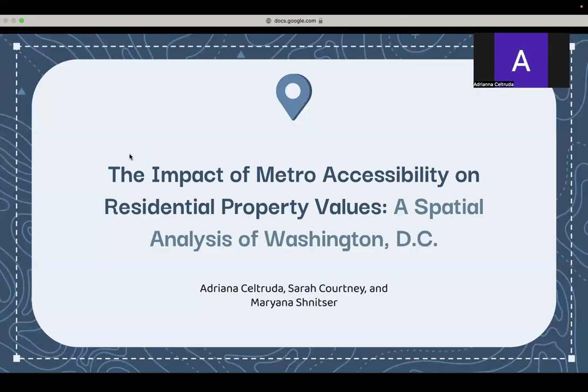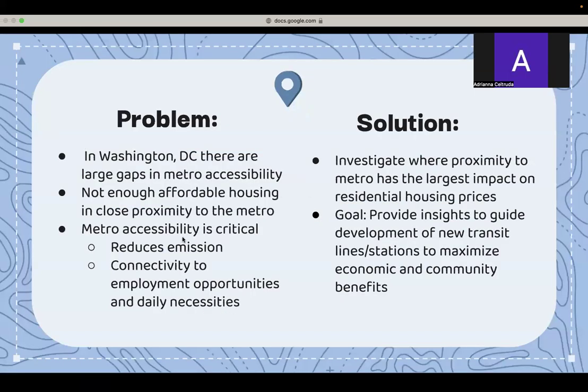We did our project on the impact of metro accessibility on residential property values, a spatial analysis of Washington, D.C. The problem that we were investigating is that in Washington, D.C., there are large gaps in metro accessibility. In conjunction with this, there's not enough affordable housing in close proximity to metros. We know that metro accessibility is critical because it reduces a city's emissions and it connects residents to employment opportunities